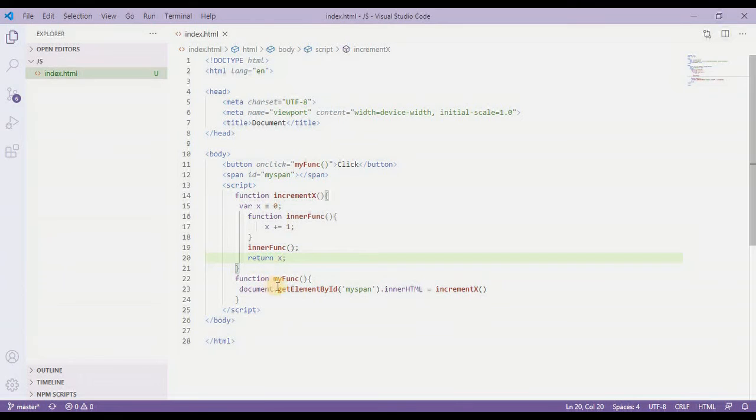Alright, this is the previous function we had written. Now I will modify this function a little bit. So first of all I'll take a variable which is like a function. So var incrementX equals a function.